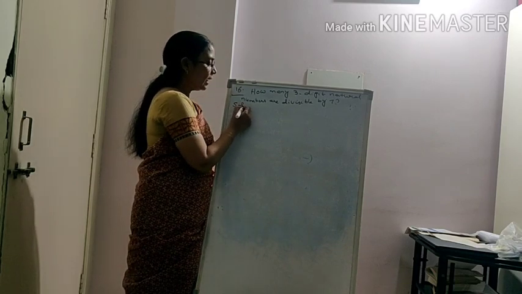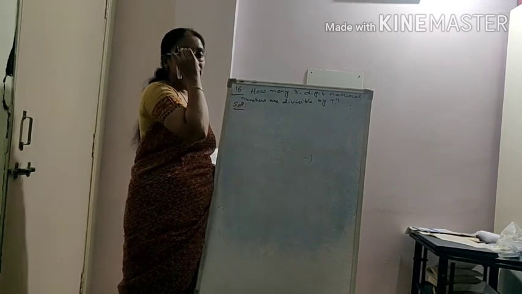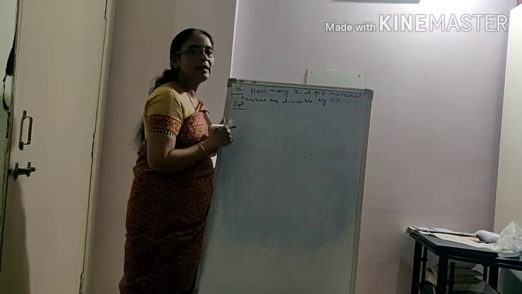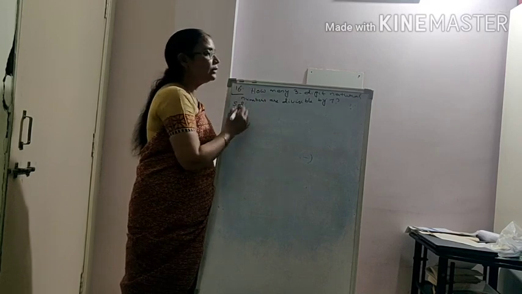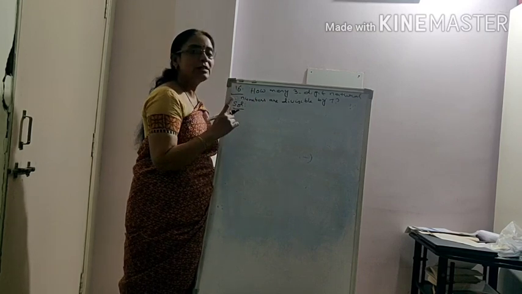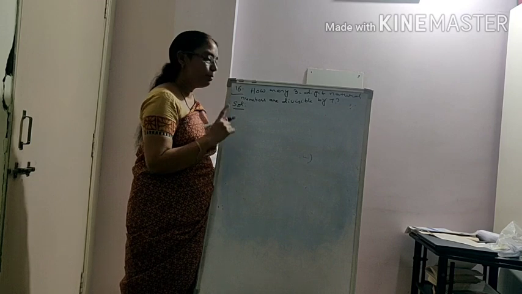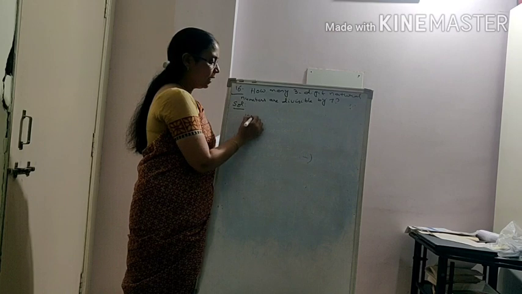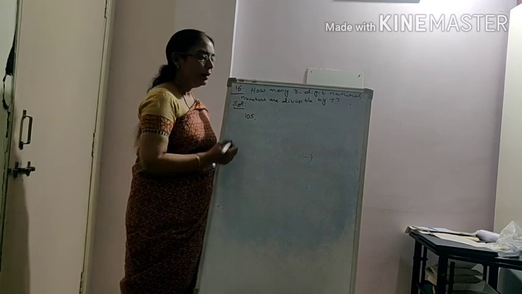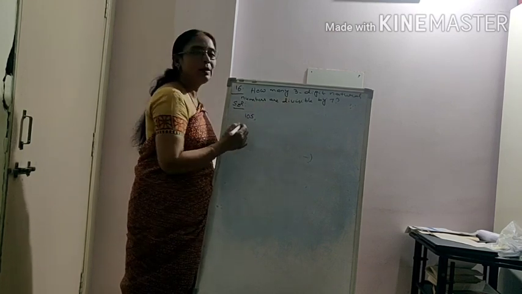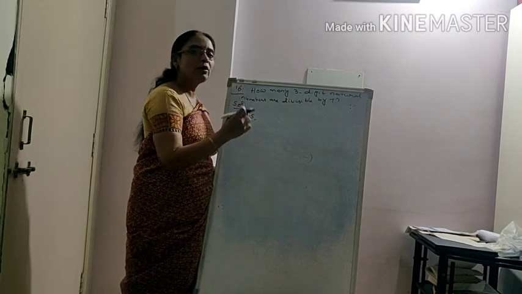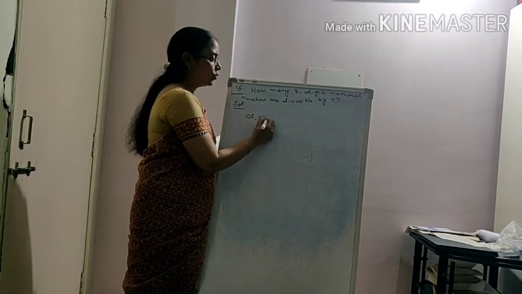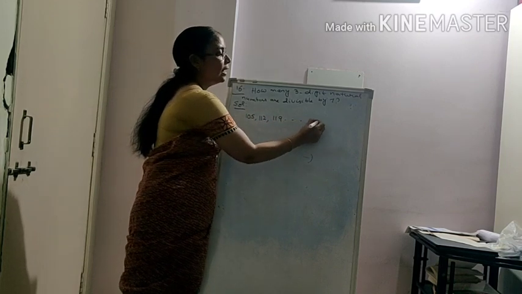So the first thing is, let us write the sequence first. The 3-digit natural numbers start from 100. But what is the first 3-digit natural number which is divisible by 7? 105. Then keep on adding, because divisible by 7 means the remainder is going to be 0. The difference will be 7. 105 plus 7, 112, 119 and so on.